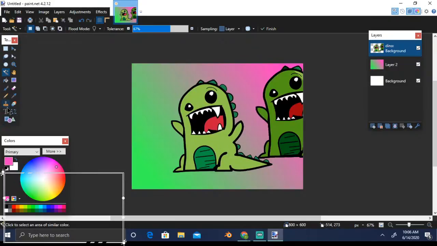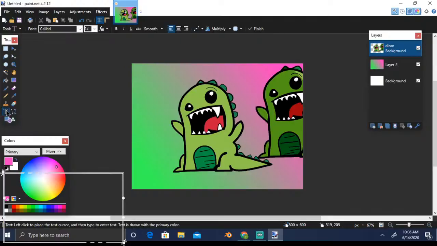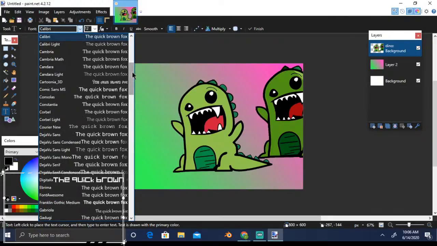Okay, now comes the text tool. Now that your image is ready and you just want to put some text there, select this text tool, select the color of your text. Let's stick to black and white, and from here you can select the font and what font size you want.